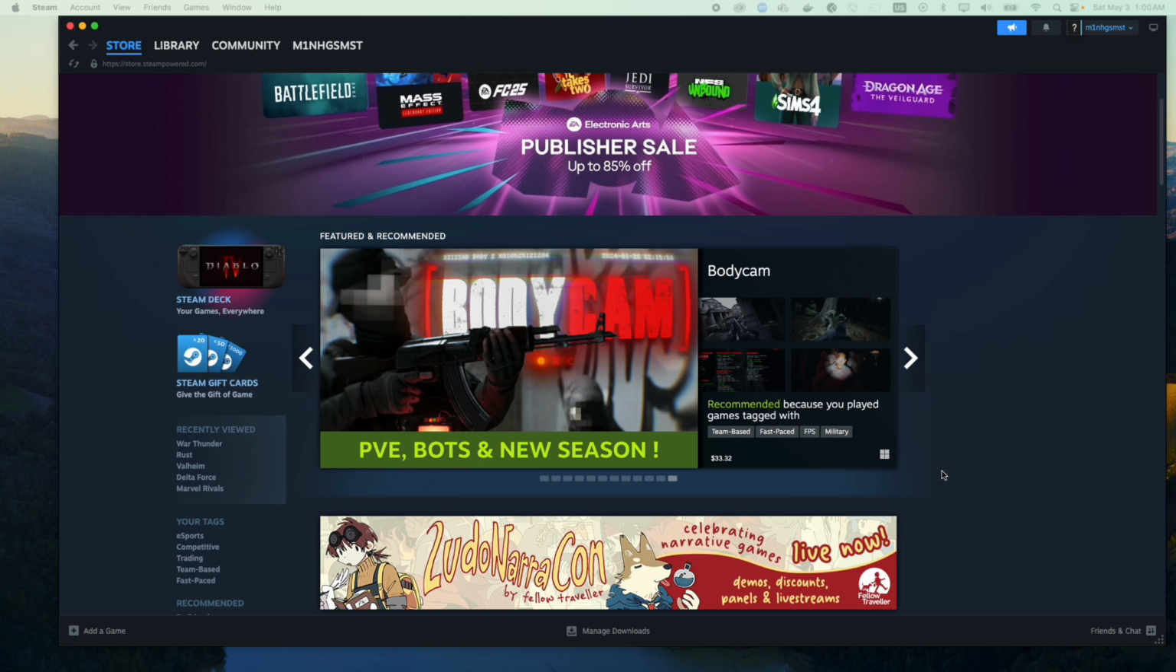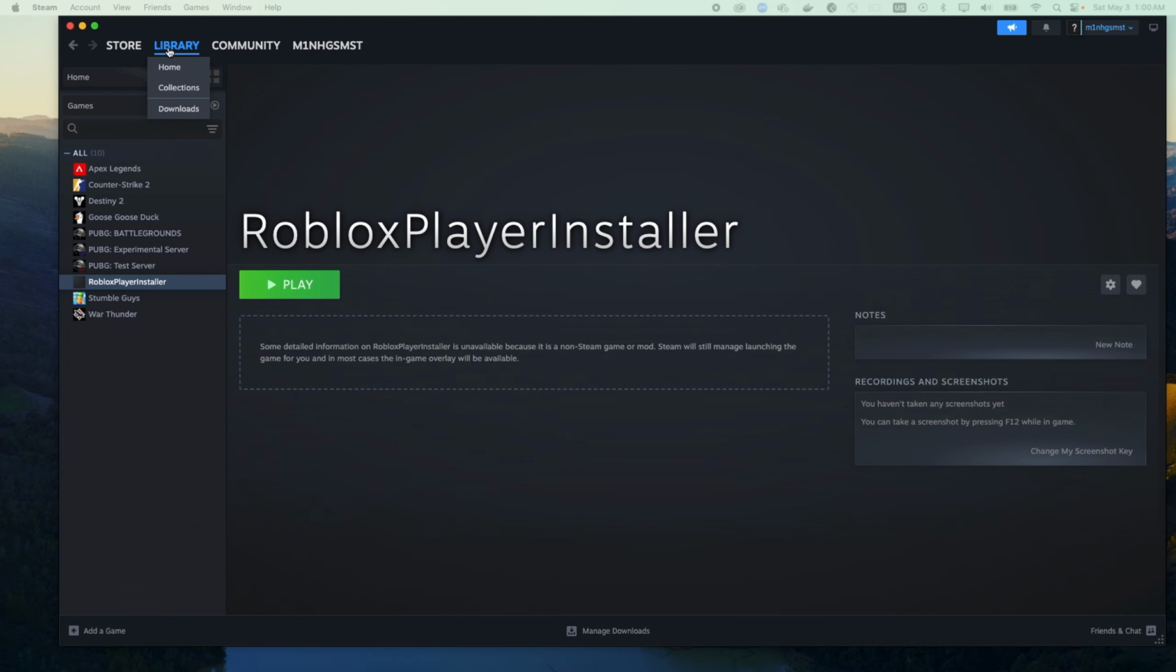So first, you need to open up your Steam app and go to the library. In the library, these are all the games that you have played. To remove one of these games from the library, especially a non-Steam game,